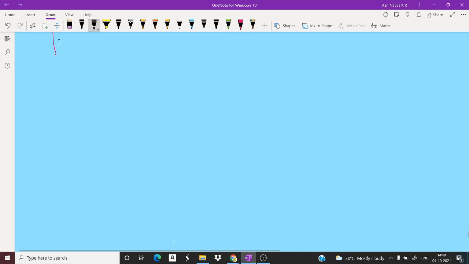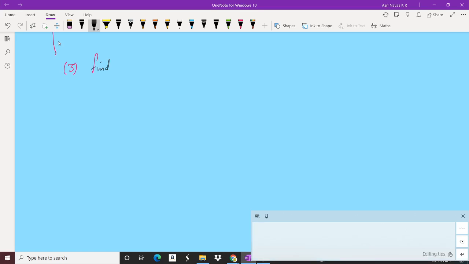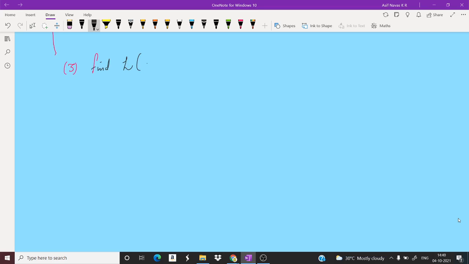Third problem. Find the Laplace transform of t cube into e raised to minus 2t. So the Laplace transform of t cube e raised to minus 2t, L of e raised to minus 2t t cube. Okay, so here